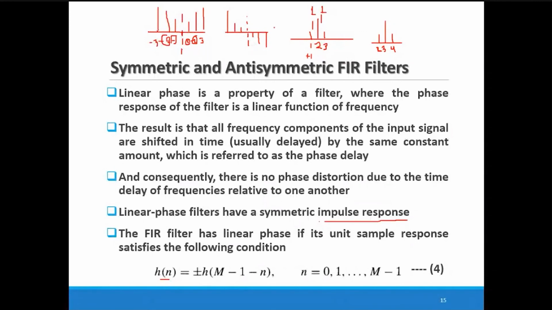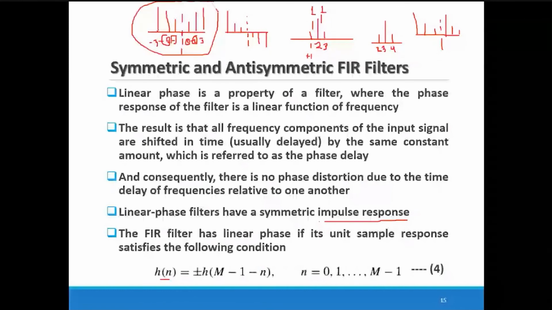Or another way to say it is that these 3 components are 1, 2, and 3, and after the line of symmetry the repetition may be the third component first, then the second, then the first. So they are not following the symmetrical characteristic, in which whatever components are on one side of the line of symmetry, you get the same components on the other side. It means you are not getting the exact mirror image. In this case you are not getting the mirror image, and here also you are not getting the mirror image. So in this type of characteristic, we can say our filters are not linear phase.